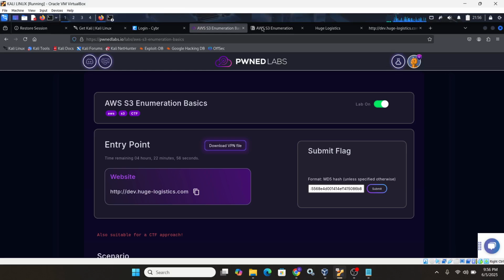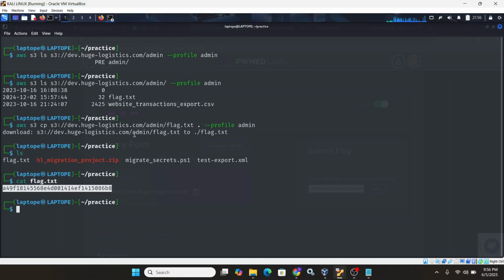This is an assignment now. Let's get to do that. Now, this is just the flag to completing the lab. That's not what we are after. But there is an interesting document here, that's website transactions export. As a penetration tester,